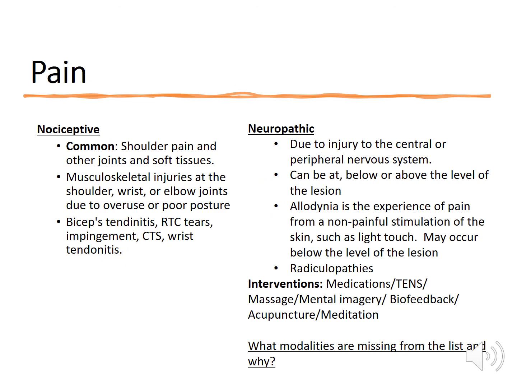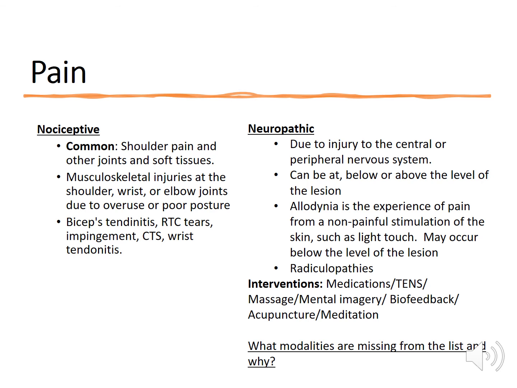So the next secondary medical complication is pain, and pain is a common occurrence following spinal cord injuries, both in the acute and even chronic stages of recovery. Pain can be divided into two broad categories. The categories are the ones that we see on here: nociceptive pain, which is pain that has an origin from the musculoskeletal or visceral, and neuropathic pain, which is pain that can be below, at, or above the level of the lesion.